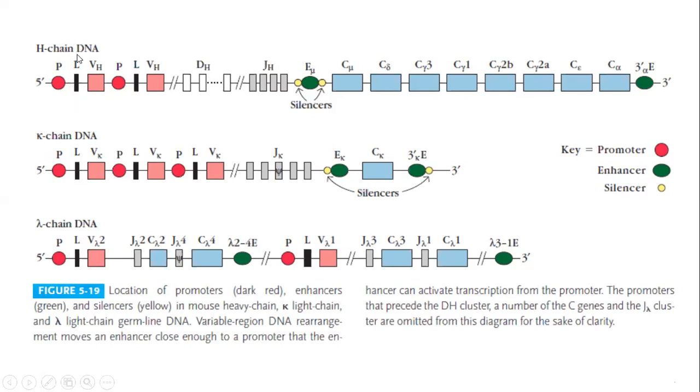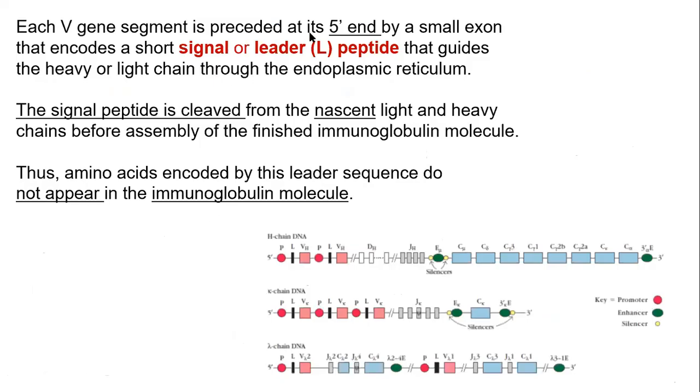And we were talking in the last few slides about these leader sequences, the black things, which precede the VH regions. What are these leader sequences? Why are they there, specifically at the 5' region, at the start of any transcriptional unit of any chain? They are called leader peptides or leader sequences. These are short signal or leader peptides. Any nascent mRNA or nascent polypeptide associated with a leader sequence will undergo a specific process of maturation in the rough endoplasmic reticulum.